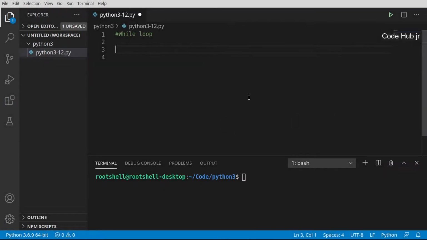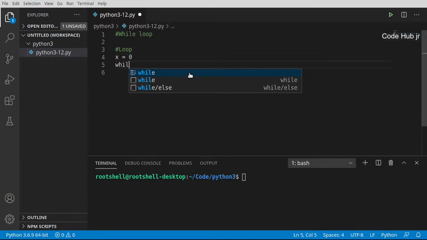All right, now that we understand what a loop is, let's take a look at it in practice. So I'm going to say x equals 0, and we're going to create our while loop. And this is going to look very similar to an if statement because it's going to evaluate it just like an if statement would. Meaning this loop will execute as long as the condition we're about to give it is true. So I'm going to say x is less than 10, then do something. And this is going to be a great example of how computers are dumb. They do what you tell them to as you tell them to do it.